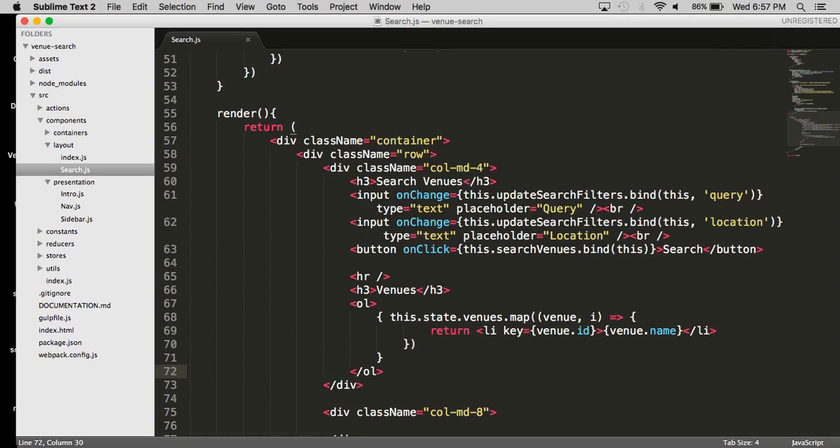Because if we had no Flux implementation at all, we would have two components maintaining two different states for the same data, and that can be very confusing. We don't want that. Since I'm not going to set up a whole other component just for this, I'm going to use Redux in this component just to force it through. What we're going to do is the following. We're going to add,